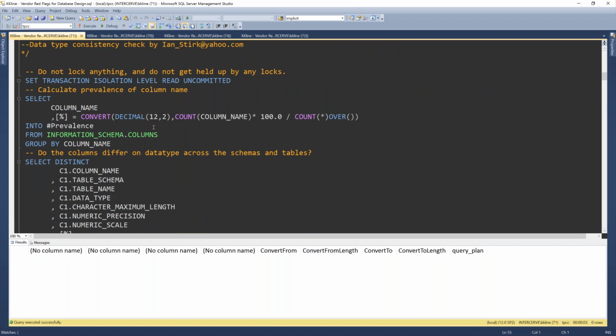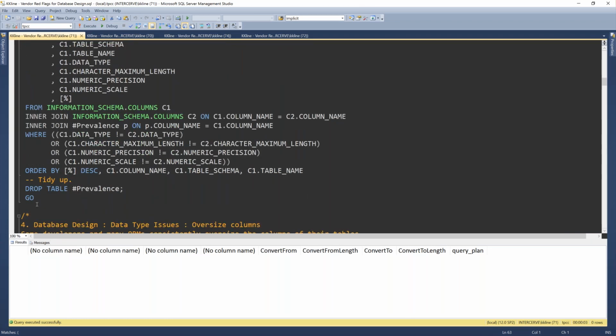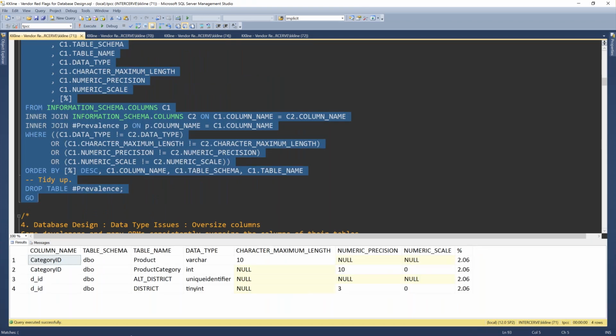Now, a similar sort of thing is if we have columns that have the same name in different objects, but they do not have the same data type definition. This one is written by Ian Stirk. Let's take a look at this. Now, it will be pretty noisy if you have a big database with lots and lots of